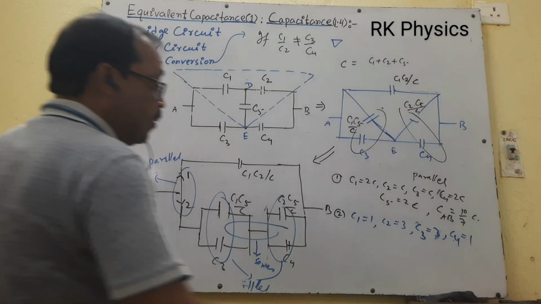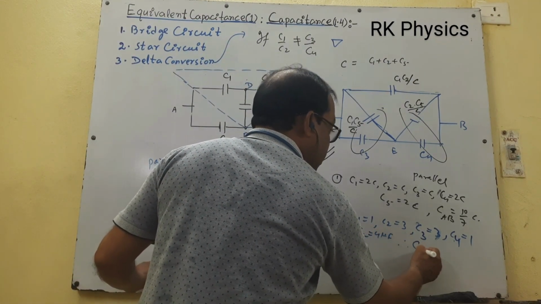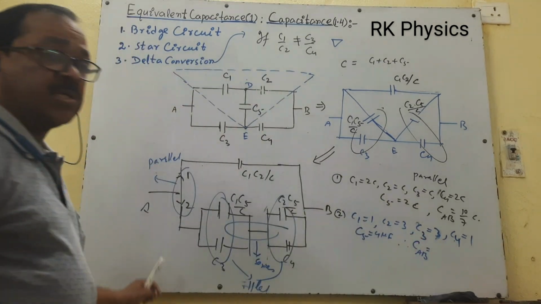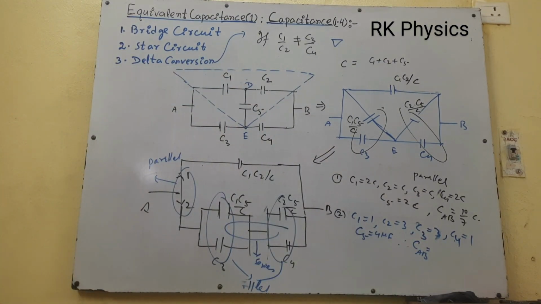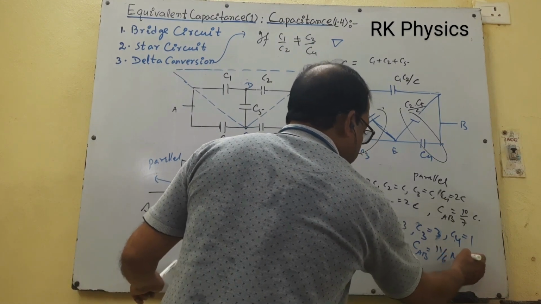Then C5 you put as 4 microfarad. So find out CAB, the equivalent capacitance, and calculate, solve, and check whether the answer is 11 by 6 microfarad